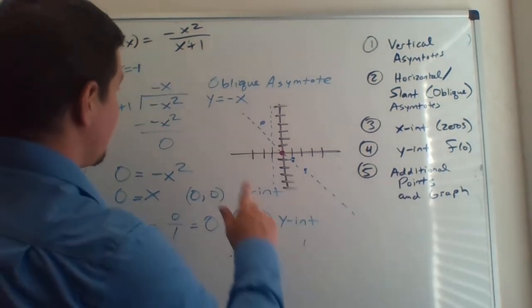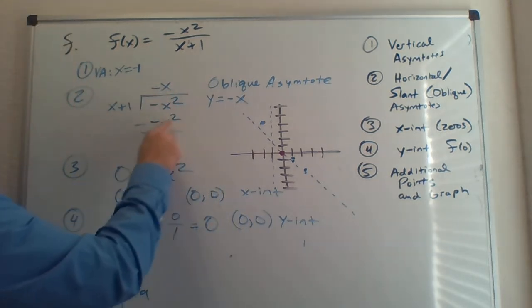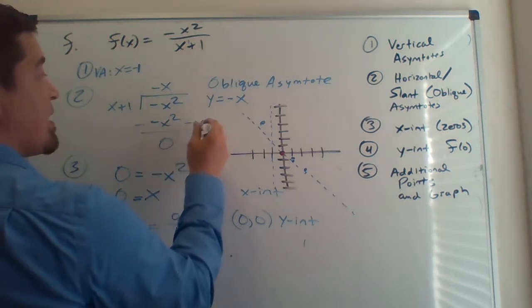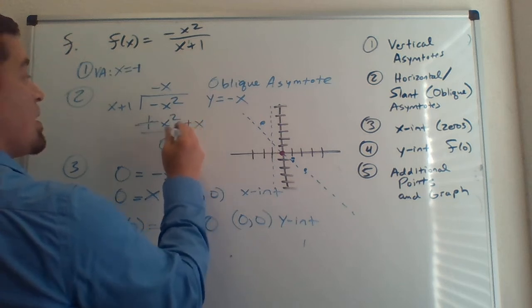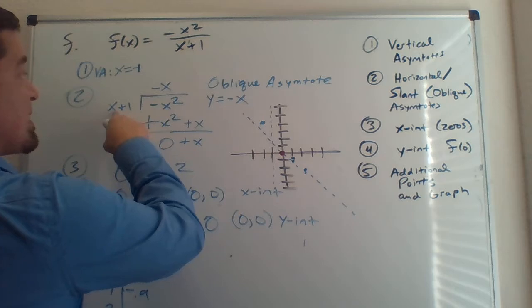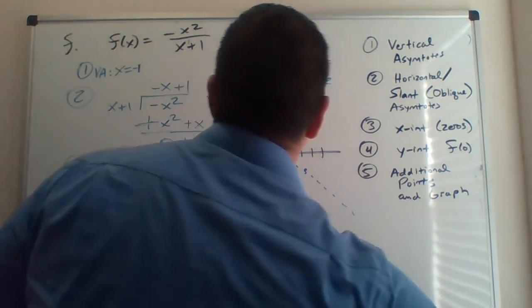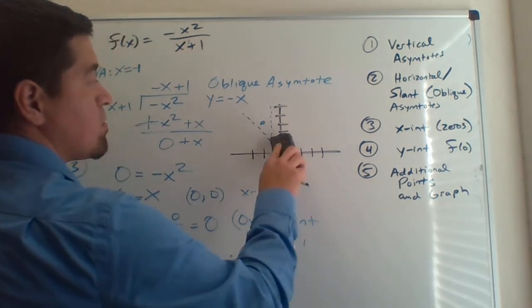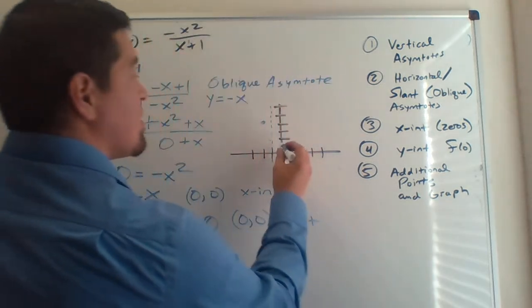So I'm going to have to go back up here. I should have done -x times x is -x², and then -x times 1, that's going to be -x. And then from there you would change the signs of these. So that would be plus, that would be plus, and then you'd continue the process. You'd divide by x, and you'd end up with 1. Okay, so that changes it slightly because my asymptote would actually be at